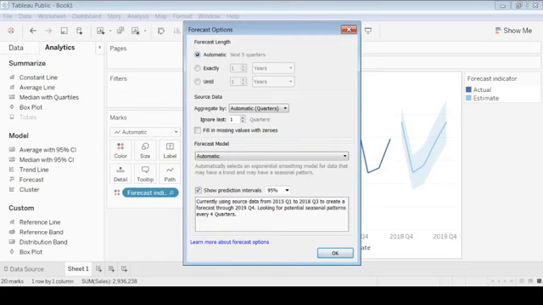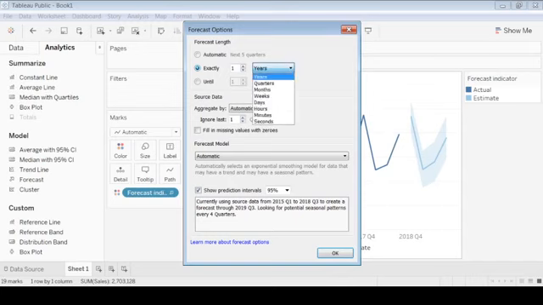These are the forecast options. It's all based upon the company's or organization's requirement. You have to change all these things depending upon the organization's selection or requirement. You can change this to exactly, automatic or until. Automatic means the forecast length will be 1 year, 1 month, that is 5 quarters, or you can have it till 1 year. You can change this to 1 week, month and days as well.